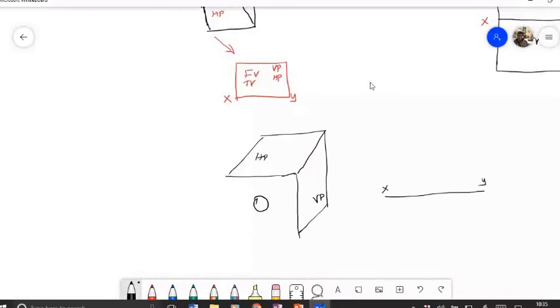Yeah, that's okay. But with reference to this reference line, where will I get my top view and where will I get my front view? Above the XY, the horizontal plane will come, and below the XY, the vertical plane. Yeah. So wherever you place this, above the reference line and below the reference line, you will get the planes. As you already know, wherever the vertical plane is, you will get the front view, and wherever the horizontal plane is, you will get the top view. So that is when you are considering the third quadrant.